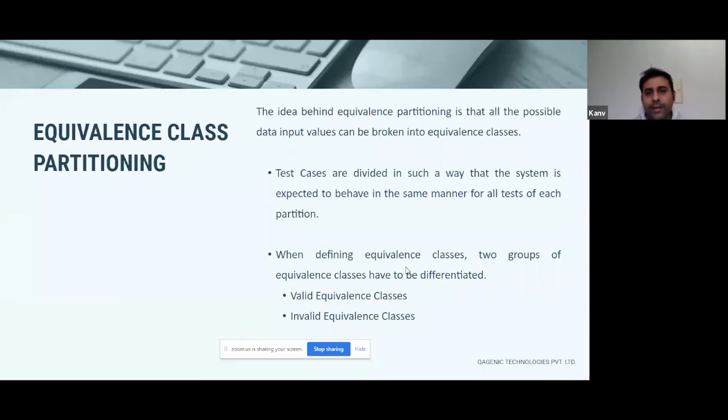It's about defining various input criteria or various testing scenarios. These can be either valid scenarios or invalid scenarios. Valid scenarios, in this case, being anybody who's above the age of 18, so positive scenarios, and making sure that they're able to register themselves. And then invalid scenarios would be anybody who's less than 18, and they should not be able to register themselves.